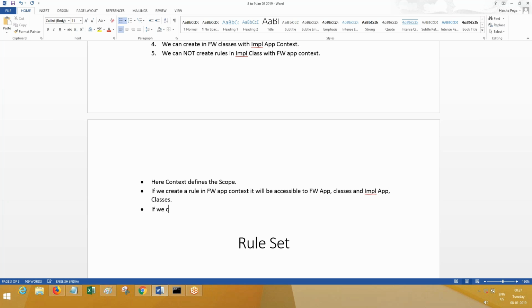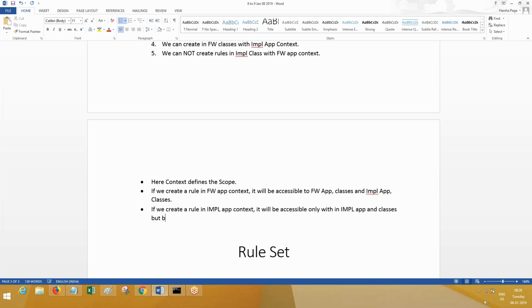Now, if we create a rule in IMPL application context, it will be accessible only within implementation app and classes, but not in FW app and classes. Straightforward, right?